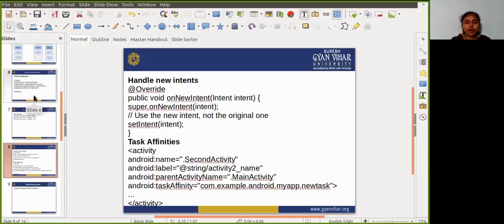You define the launch mode for the activity with the launchMode attribute of the activity element in the Android manifest, or with a flag set in the intent that starts an activity. So the activity attribute defines the launch mode for the activity: you add the android:launchMode attribute to the activity element in the Android manifest.